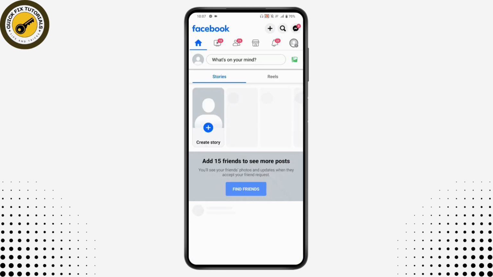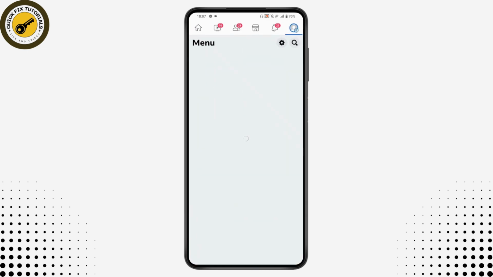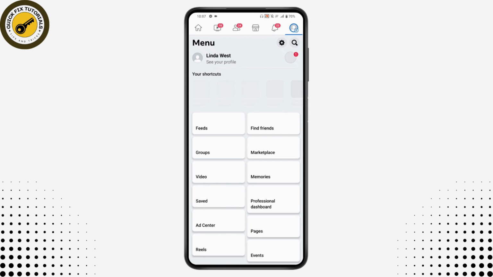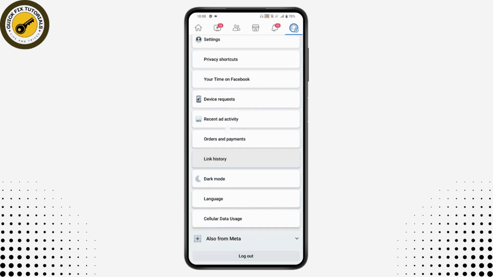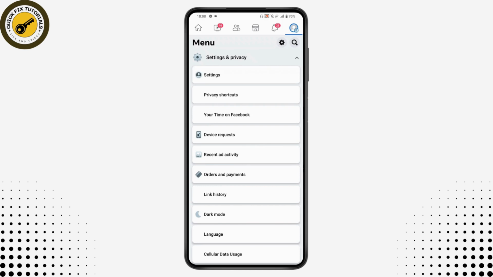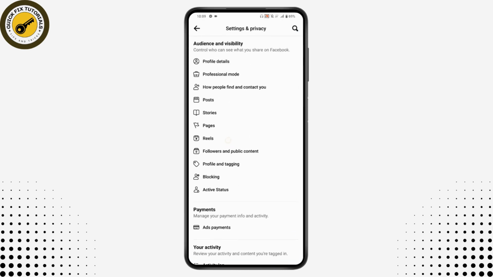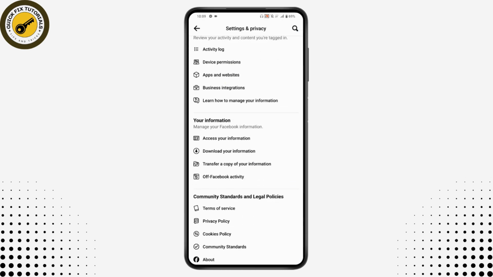Once you've logged in, go to the upper right, which has that three bar icon. Go for the settings on the upper right. Once you're here on the three bars, you can simply go for Settings and Privacy, then scroll down again and go for Settings. Under your settings, you can scroll down, and here you may have the Report a Problem